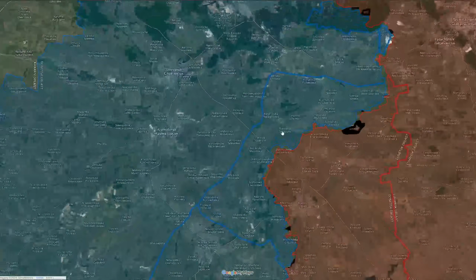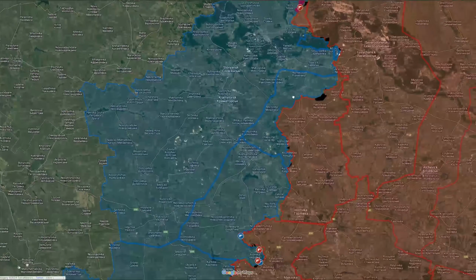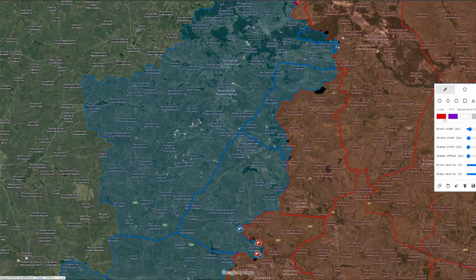Moving in a northern direction by the canal line would allow the Russians to bypass the Siversk fortifications, which have held the front line for a very long time. And if the Russians bypass it, reaching the Severodonetsk River, then it will be much easier for them to take control over Siversk. Taking control over Siversk would force all of the Ukrainian forces to withdraw from their frontline positions to the Sloviansk-Kramatorsk